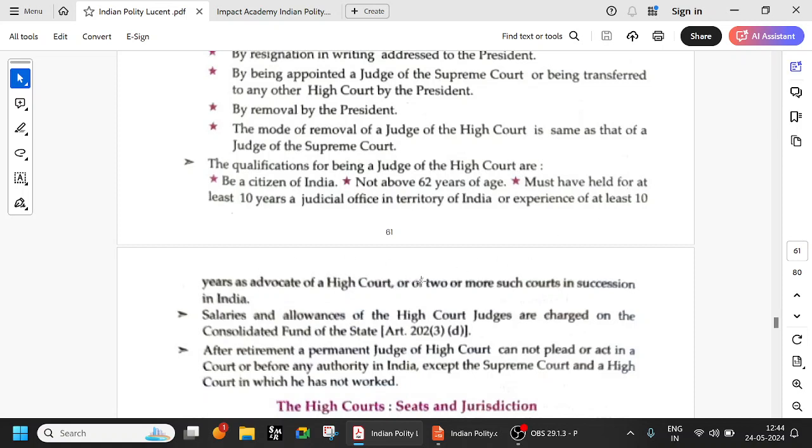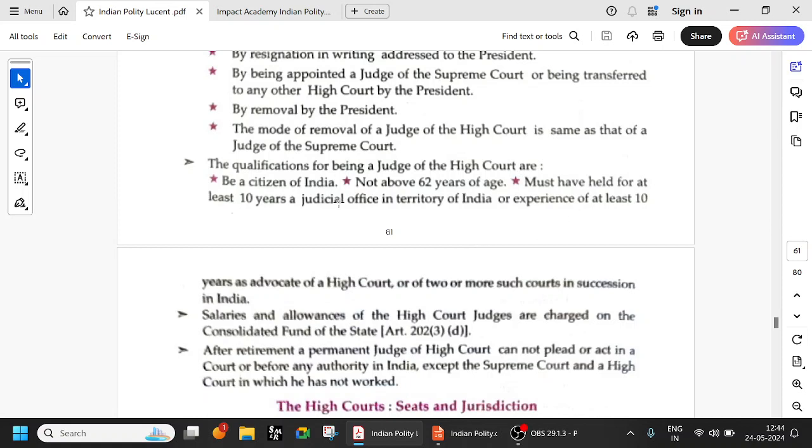So indirectly, even for Supreme Court, you have to have 10 years of some experience in the High Court or any other court. Indirectly, because at least 5 years as a High Court judge you have to become. But in order to become a High Court judge itself, you need to have 10 years. So overall, in order to become a Supreme Court judge, you have to have indirectly a minimum of 15 years of experience, right? Indirectly. But otherwise, 10 years of continuous advocate, and 5 years of judge at the High Court. That is what we have seen in the Supreme Court.